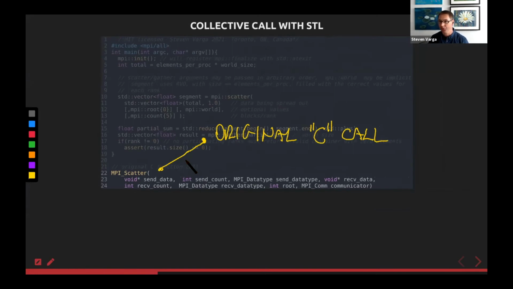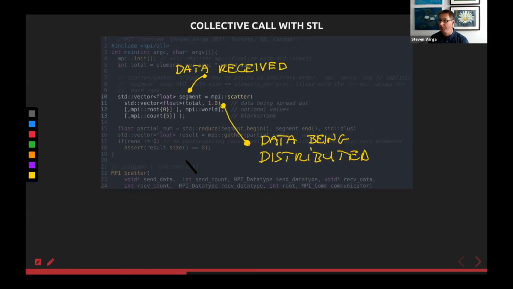Let's take a look at this original C call for a scatter operation. This is a collective call. It's another way to look at MPI, and this is the complexity of the original call. What we can see here is that the data received on the left-hand side is created on the stack, and there are some details, but most of these details can be totally omitted.